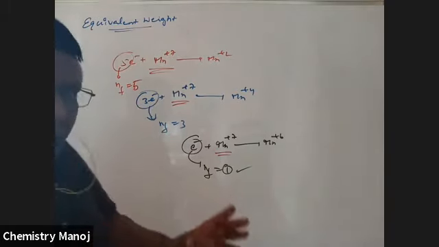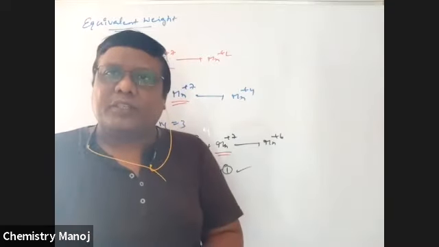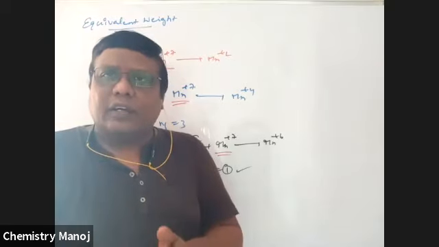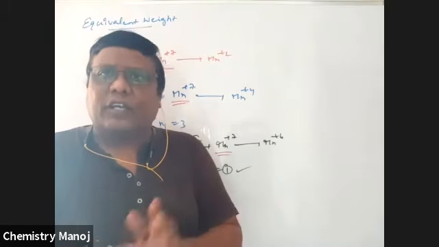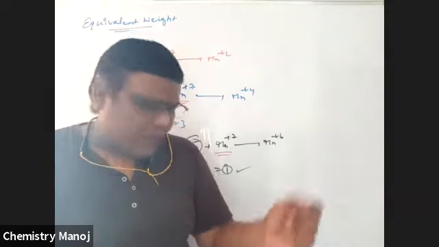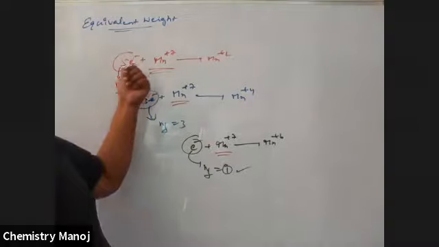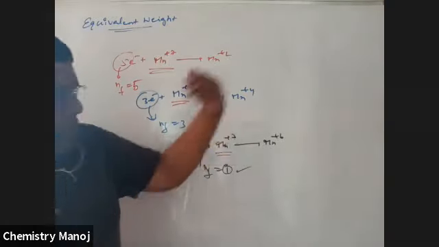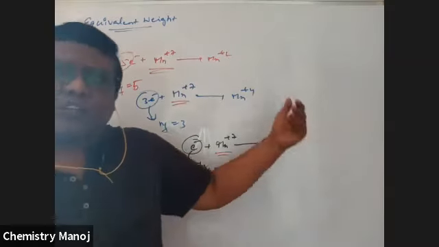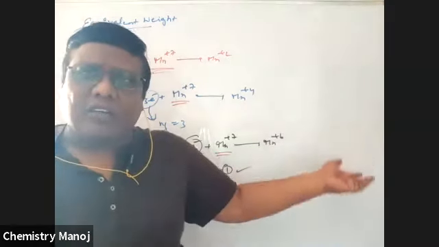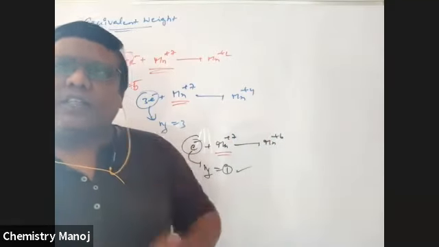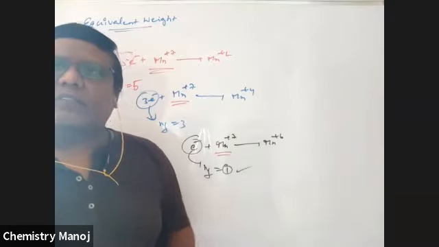That means the n factor is not fixed for a particular species. It may be variable. So if we know the conversion, we must calculate the n factor. The n factor is the number of moles of electrons gained in a reduction, or lost in an oxidation. The number of electrons lost or gained by 1 mole of the substance is called the n factor of that element.